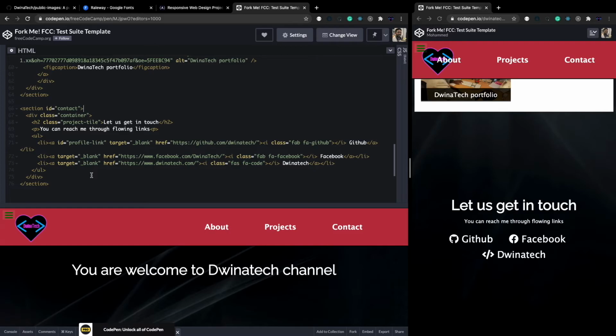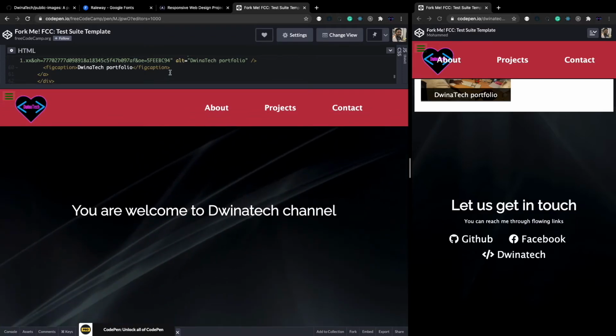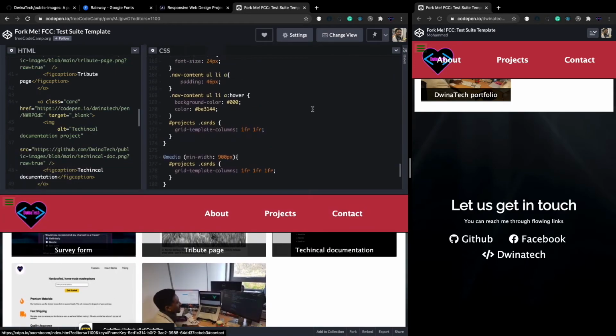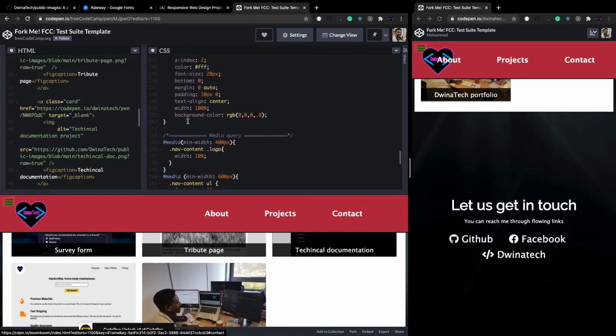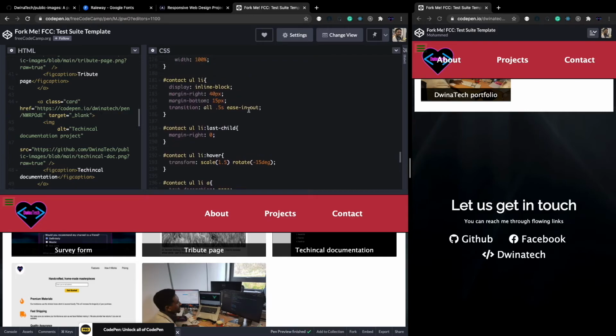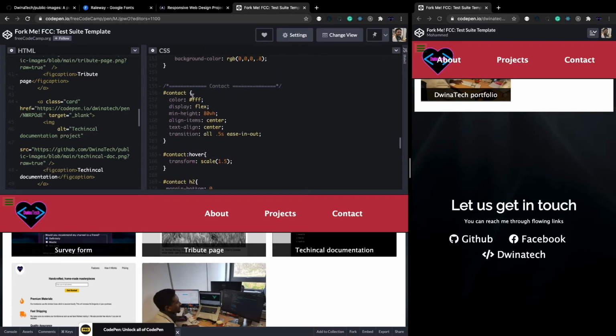Basically, let's go to CSS and add styling to it. And before we go to CSS, let's just show you that section, how it looks like. This is the contact, like it's not even visible enough, this area. Let's add the CSS and see how that's going to change. And here, just before the media query, I'm going to bring the contact section style. So just here before the media query, I will paste the contact CSS, and I will start here by the